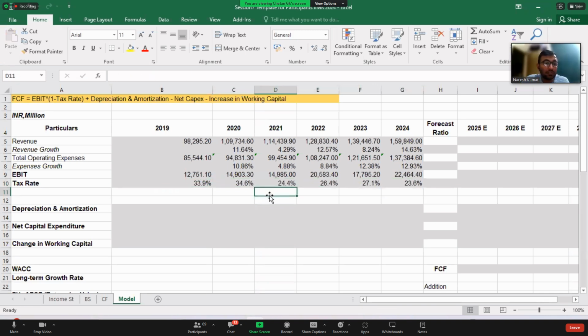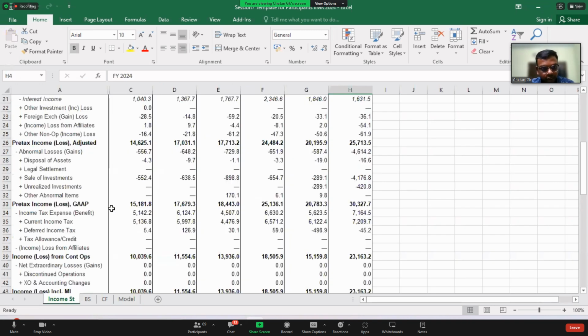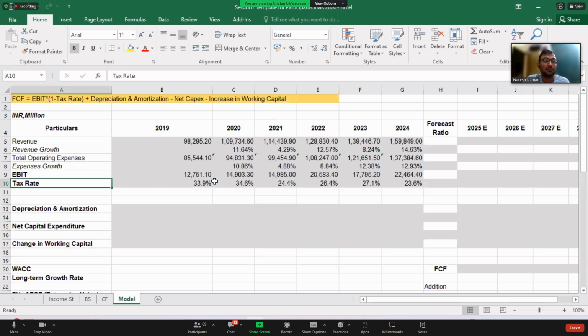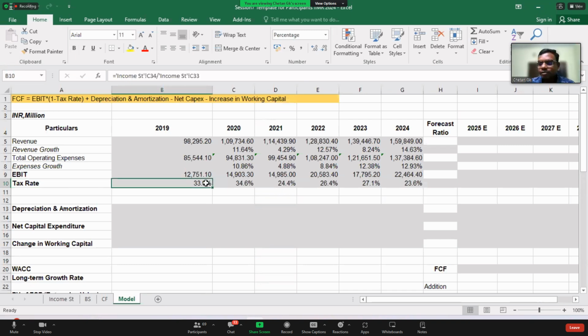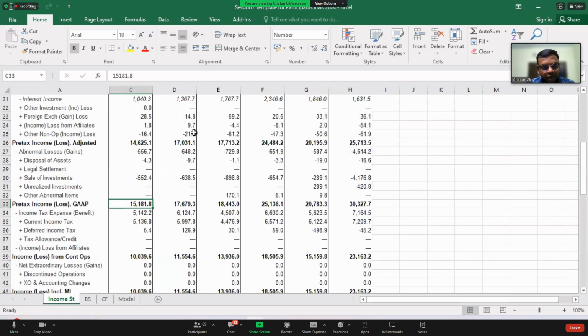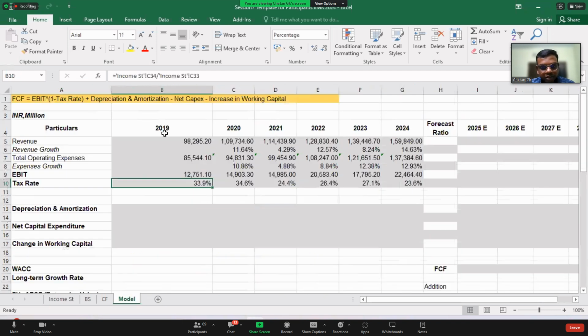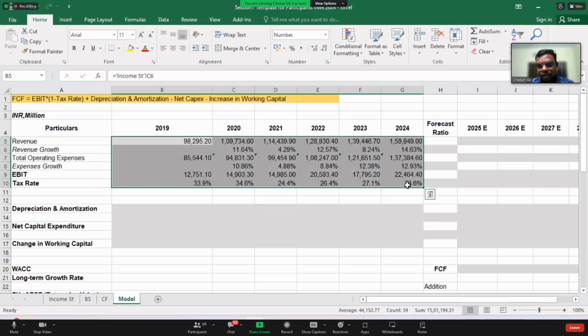Okay, so we want to find out the tax rate. How to find out? This is the tax expenses divided by pre-tax income. If you do it, you get the tax rate. Only just the tax rate. That's it. Nothing else we are worried about. There is a lot of information here, and we are not worried about all of it. We go by this particular model. We want to extract the data from all the financial statements and just put it here. What is it that we require? Is it fine?